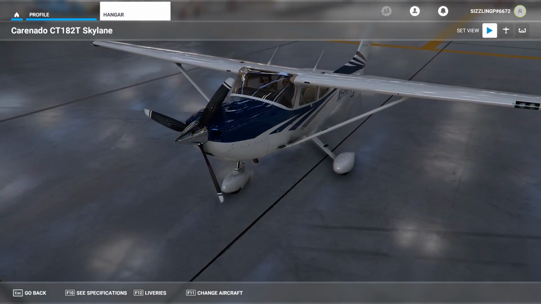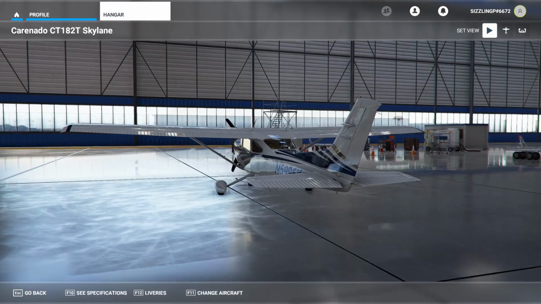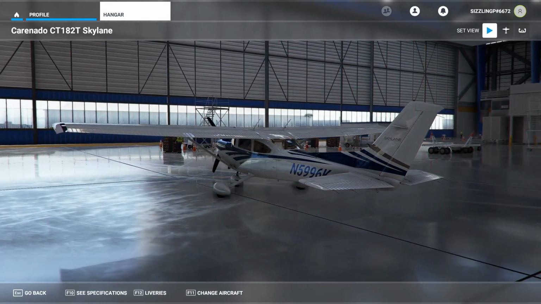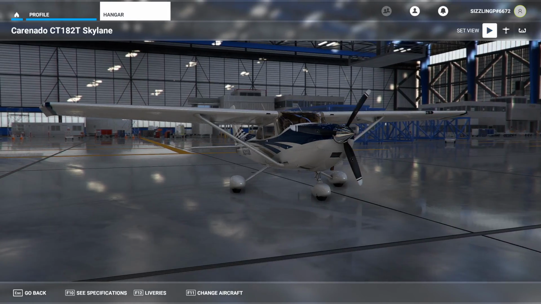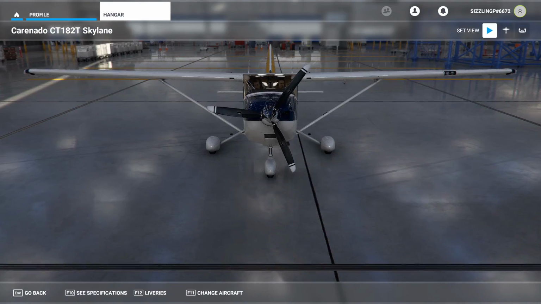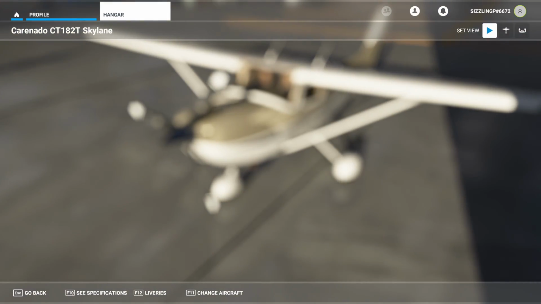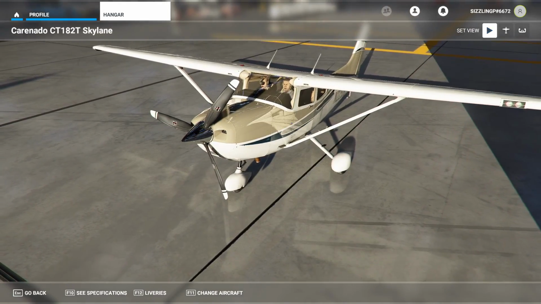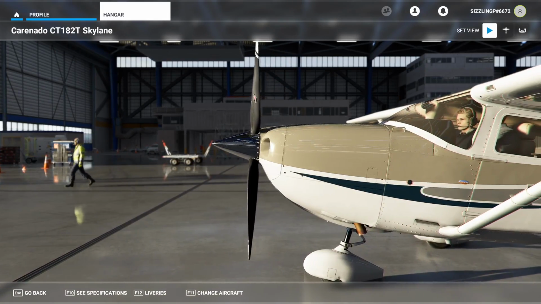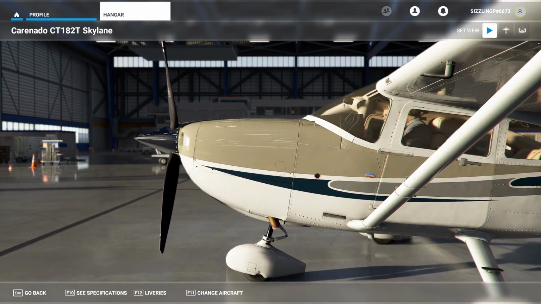The Cessna 182 Skylane is one of the most popular aircraft of all time. The single-engine, high-wing, four-seater boasts a 230 horsepower engine, a cruising speed of 145 knots, and a maximum range of 971 nautical miles. Carenado's model features the default G1000 for primary and multifunction displays, the default CAP 140 autopilot, engine